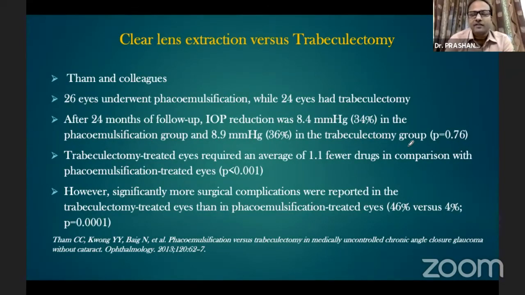Now, there are various studies which have compared clear lens extraction versus conventional therapy. This is a study by Tham and colleagues, who compared the result of clear lens extraction versus trabeculectomy. In 26 eyes they performed phacoemulsification, and in 24 eyes they performed a trab. Over a period of 24 months, they found that the IOP reduction was similar in both groups. However, the trabeculectomy group encountered more complications. They also needed fewer drugs, but the complication rate was slightly more. So they emphasized that trabeculectomy can be bypassed, and we can directly go ahead and do a cataract extraction